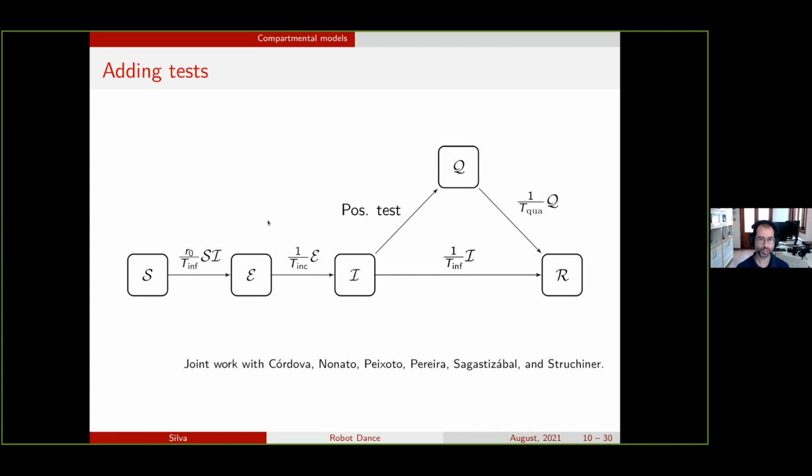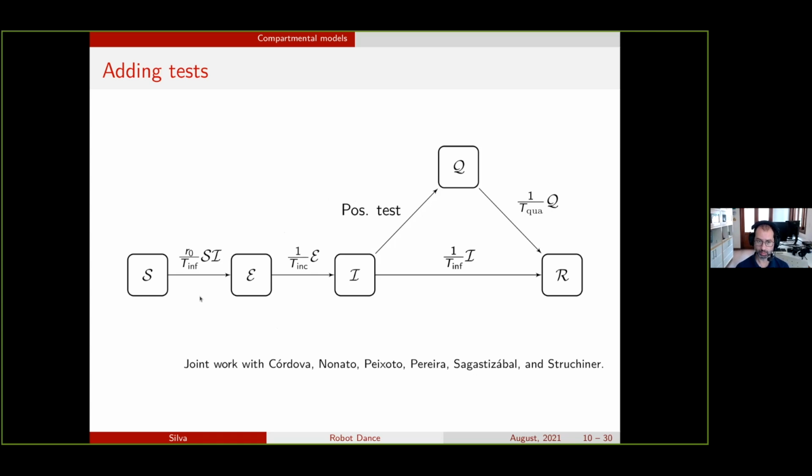Okay, and we were able to do this in a very simple way because Thiago Pereira had already studied that subject before in his own research. So we had a simple model that was able to capture this idea of testing. There is no contact tracing here. You just test the people that appear in the health facility and want to get tested. So usually the people that you test are basically the people that are already sick or close relatives of people that are sick, that know that their father or their brother are sick, so they also go to the facility to get tested. Okay, so this is something we also did.